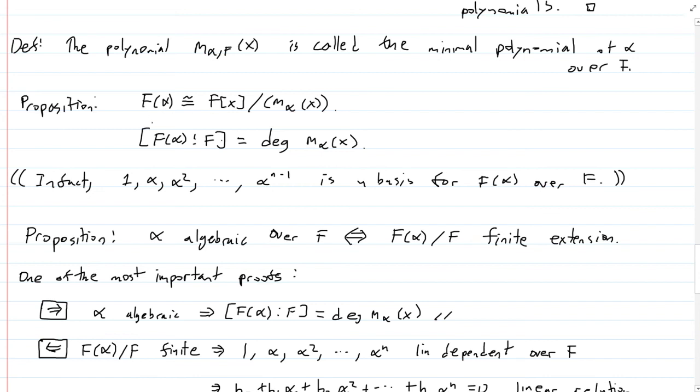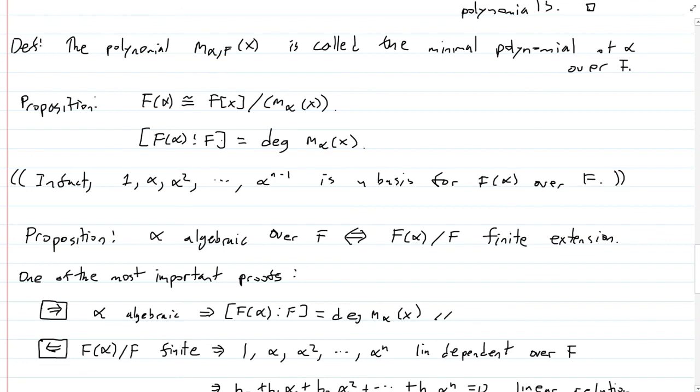Right. So F adjoin alpha is isomorphic to this quotient ring. You have this ring of polynomials in x with coefficients in F, mod this maximal ideal, that's this irreducible polynomial. It's the minimal polynomial. And then this tells you that the degree of this extension is the degree of